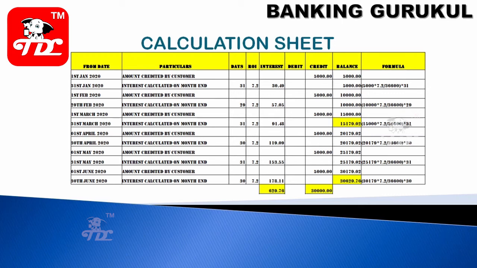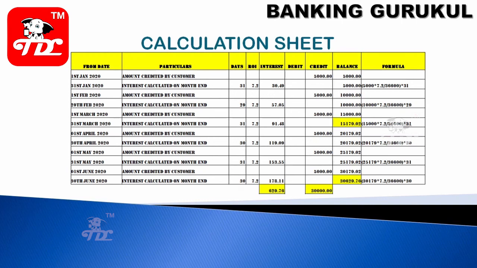So for April, May, June, on the normal schedule he has paid 5000 rupees, and the extra 179 rupees is added, and I calculated interest. So quarterly compounding means that in June I have added everything: the previous balance plus the 3 months' interest for April, May, June. So now the total maturity amount is 30,629 rupees. Of this, 30,000 is what the customer paid, 5000 every month, and the interest is 629 rupees.